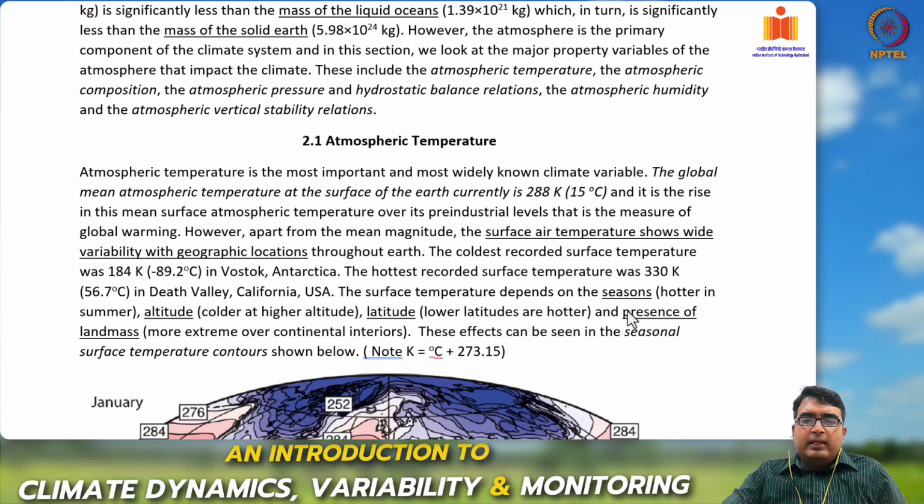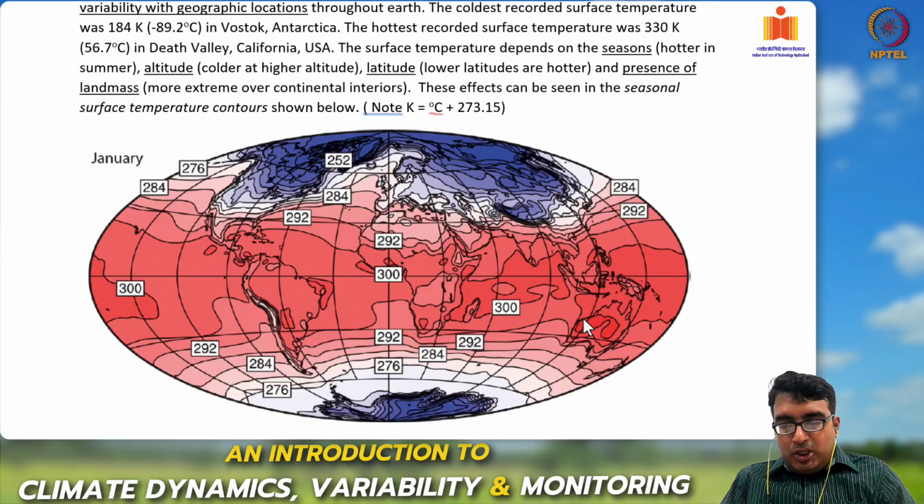Good morning, class, and welcome to our continuing lectures on atmospheric dynamics, variability and monitoring course. In the last class, we started on our discussion of the first and perhaps the most important climatic variable, which is atmospheric temperature. And we saw that while the mean atmospheric temperature today is around 15 degrees centigrade, there is large variation in the atmospheric temperature that is recorded at different locations of the planet based on its latitude, its altitude, the season in which it is being recorded, and whether that location is far from the oceans or near